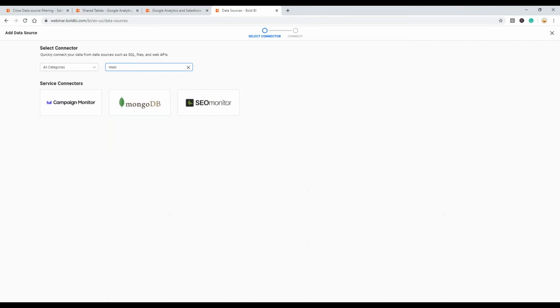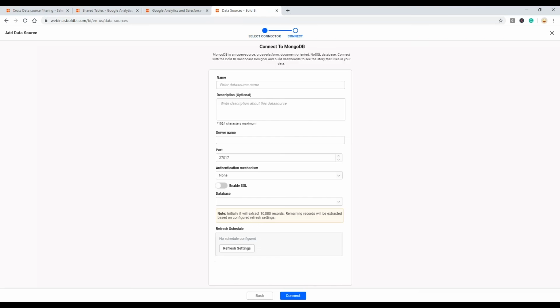For that, I'm going to choose the MongoDB data source because I have configured Azure Cosmos DB with MongoDB API. So I'll be able to connect my Azure Cosmos DB with this connector itself.